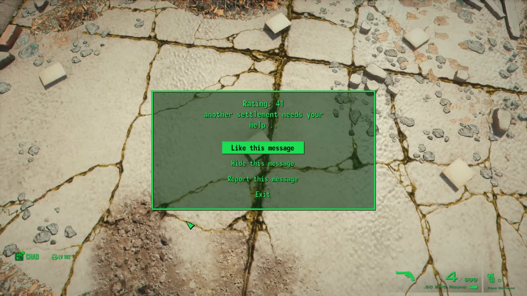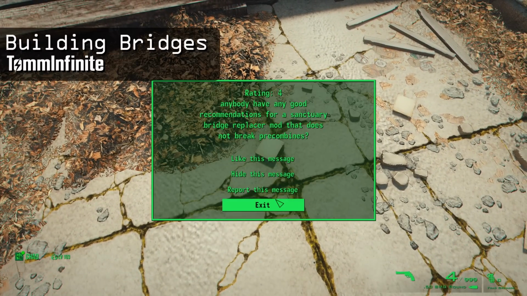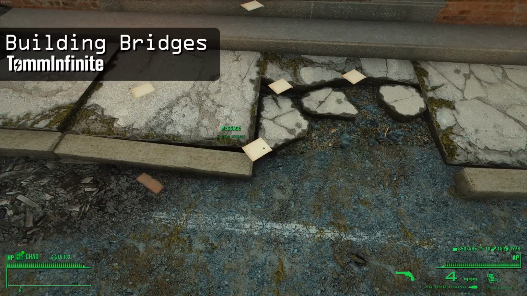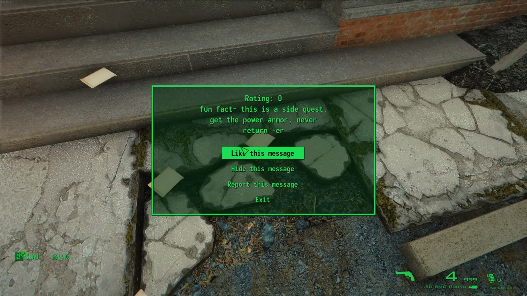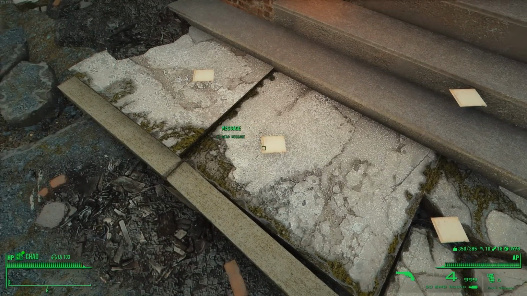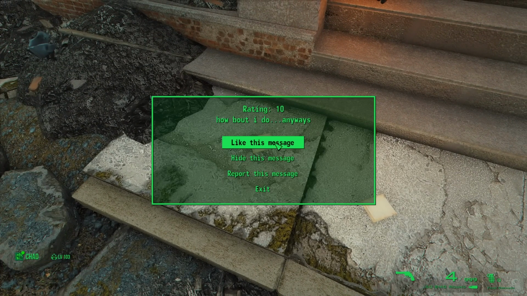And lastly, the most legendary mod of all time, Building Bridges Asynchronous Multiplayer. That's right. This mod adds in a working multiplayer feature in the form of messaging. It's inspired by games like Elden Ring and Dark Souls, so if you're familiar with those games, then you'll understand how this mod works. Both you and other players can write down messages in the form of a note for